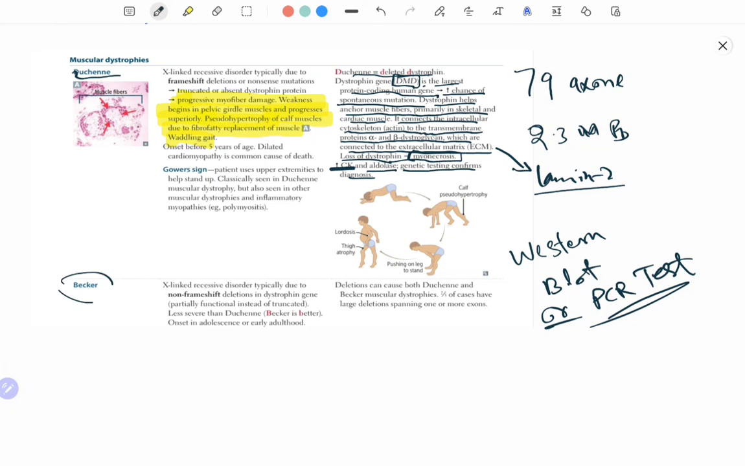In Becker dystrophy, an X-linked recessive disorder, typically due to a non-frameshift deletion in the dystrophin gene, particularly functional instead of truncated protein. As we have talked earlier,